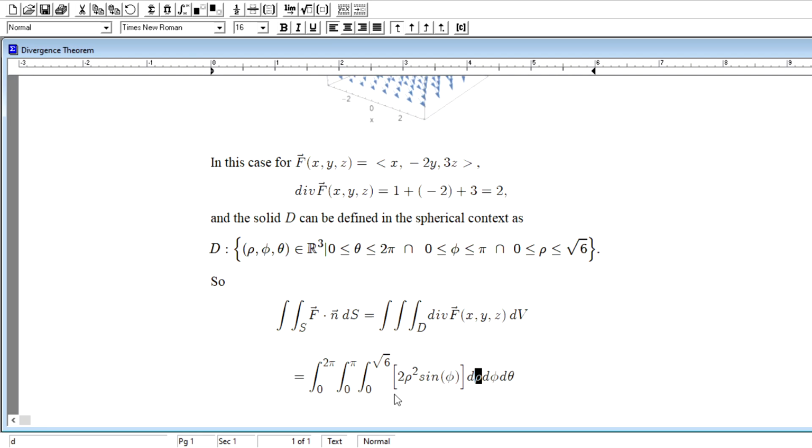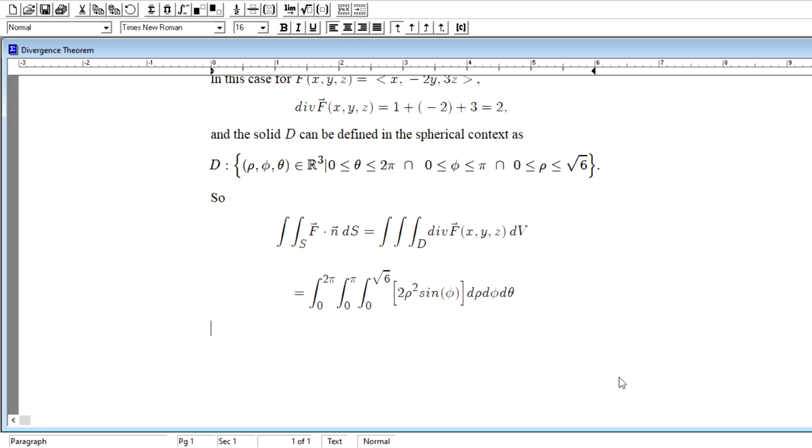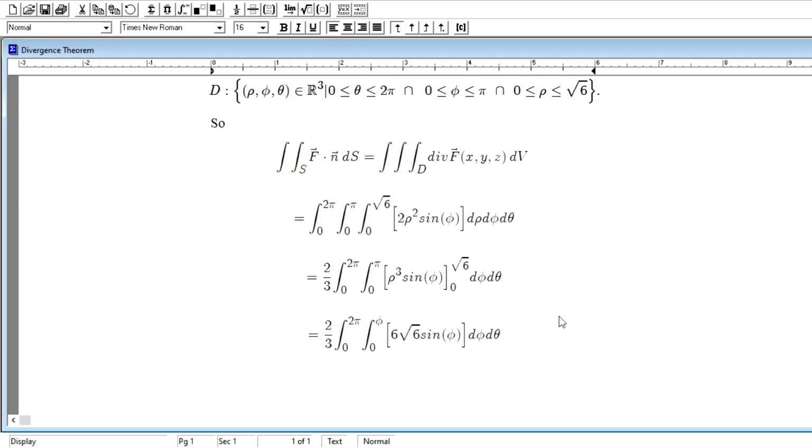We're going to evaluate this from 0 to the square root of 6, which is really just 6 root 6, if you think about root 6 to the 3rd power. I do believe that is the next result. Here we have 2/3 then times the double integral for what's going to be rho cubed sine phi, evaluated from 0 to root 6, d phi d theta, which does just produce 2/3, this double integral from 0 to 2 pi, 0 to,